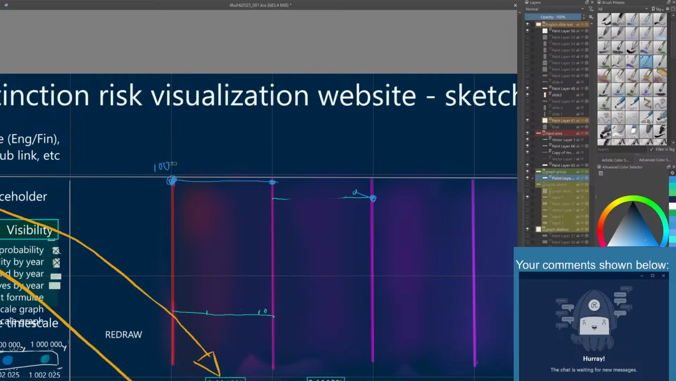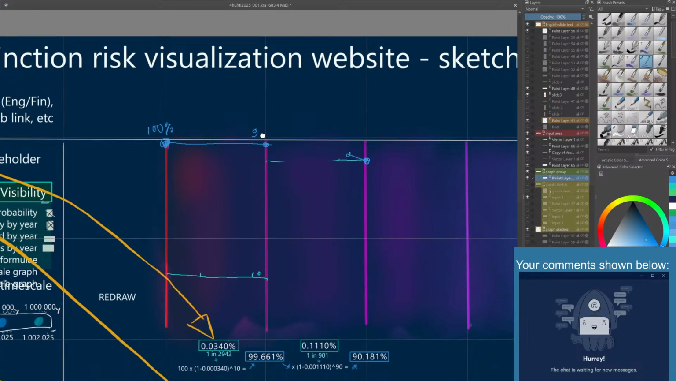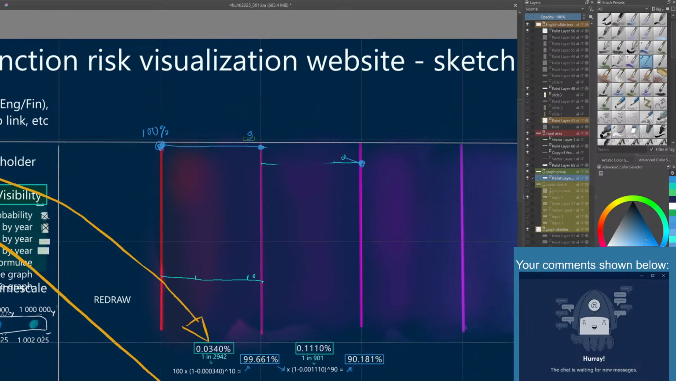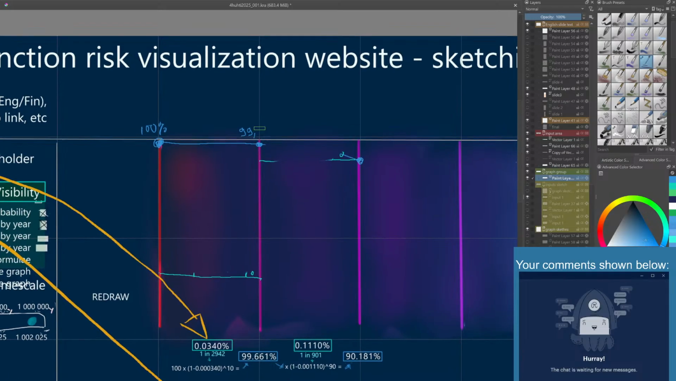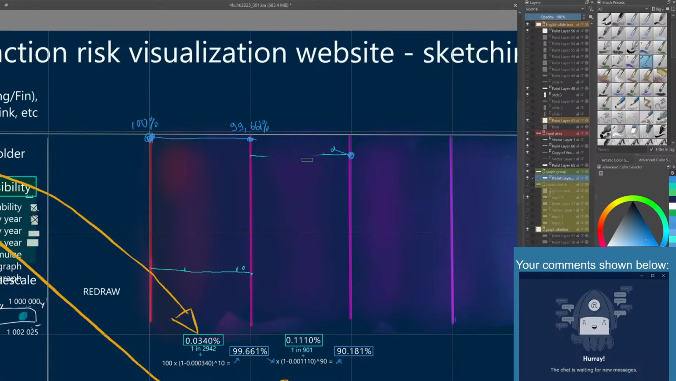Here we start at 100%, 99. Do I need to have it such a precise manner in here? Maybe not. Maybe it's not so important. 29.66 or something like that. Yeah, but it's not a lot more effort to have one more decimal in there. So here maybe,